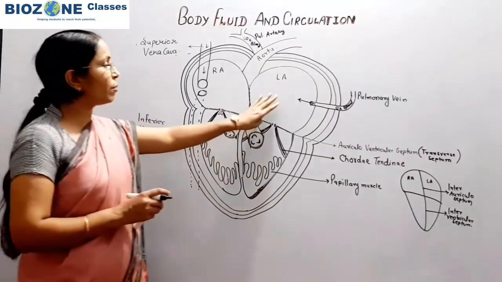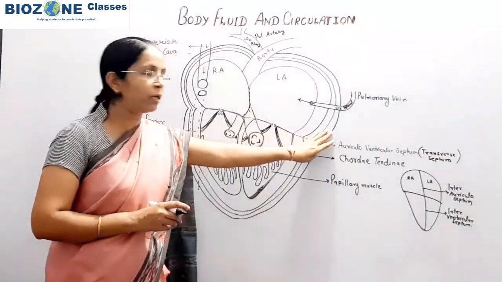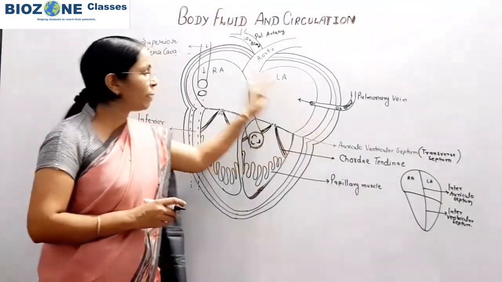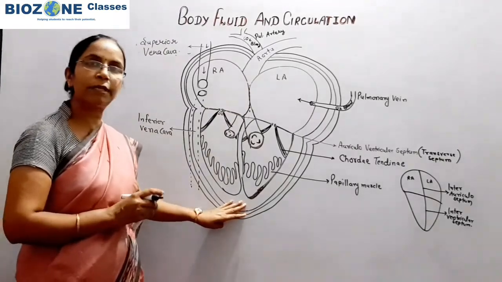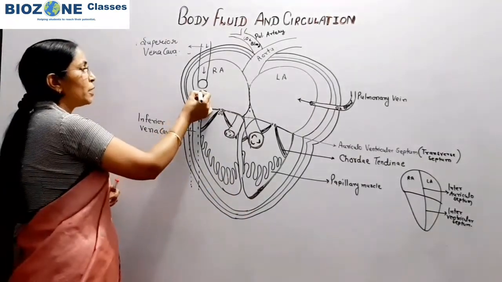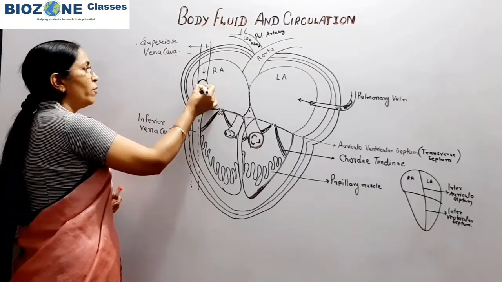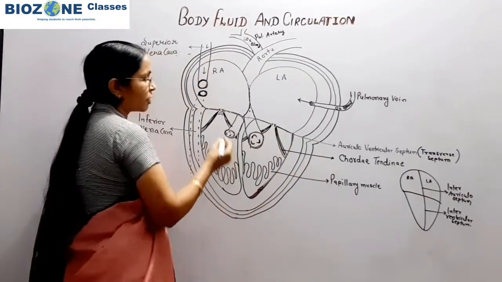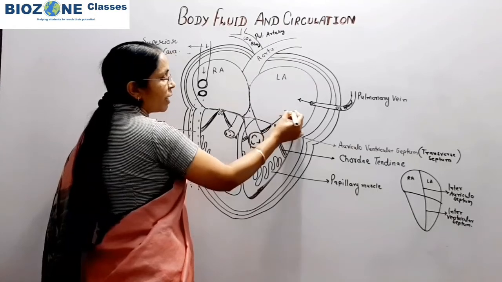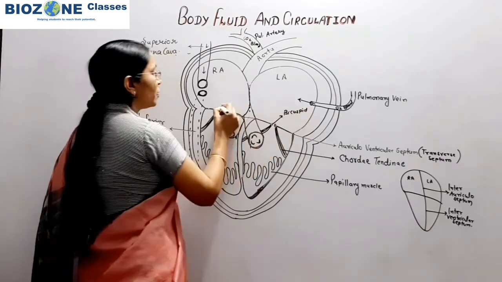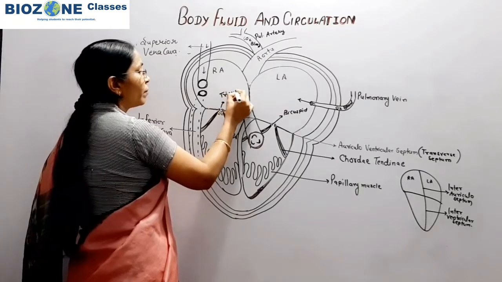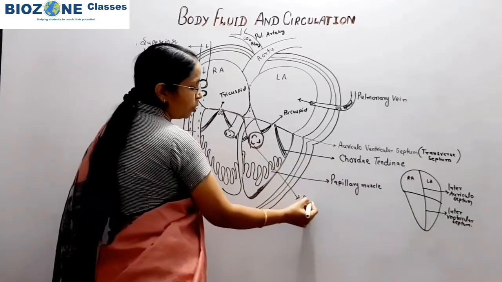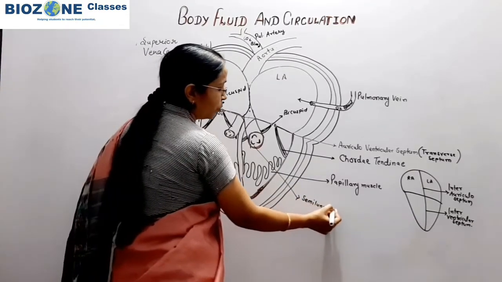So this is the main structure. These layers we already labeled. This is the pericardium or epicardium. This is the myocardium, and this one is the endocardium, and these are the common structures present in the human heart. These are the openings. These openings are also protected by valves, but you remember only two valves, the bicuspid valve and the tricuspid valve. So here this is the bicuspid valve and this is the tricuspid valve. And secondly, these are the semilunar valves. So this is the common structure of the human heart.